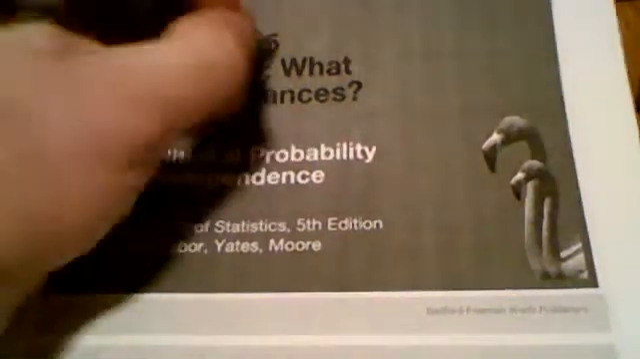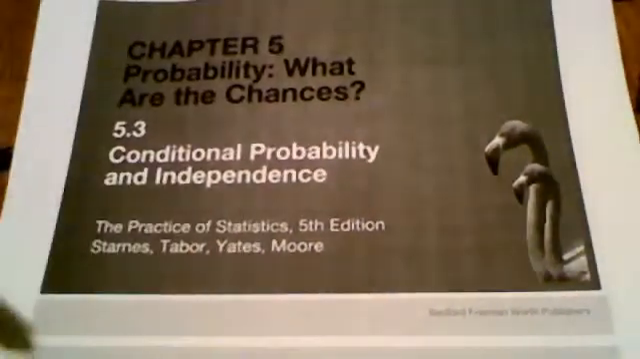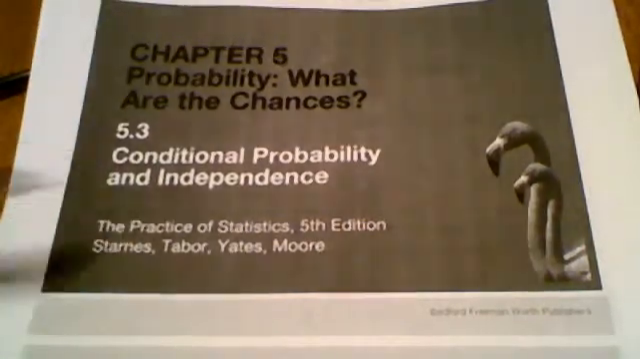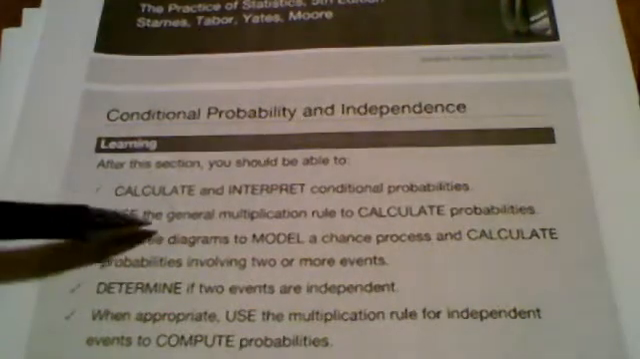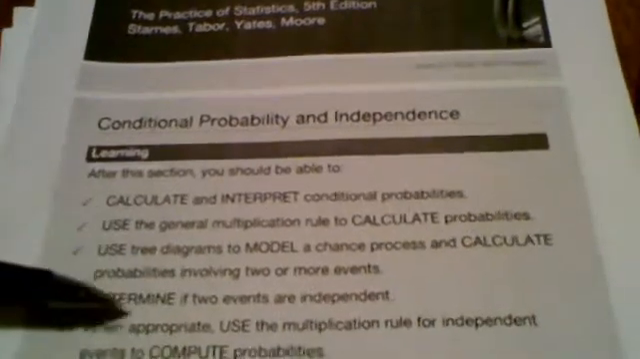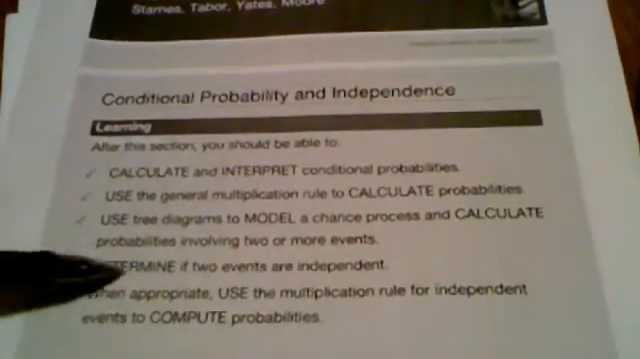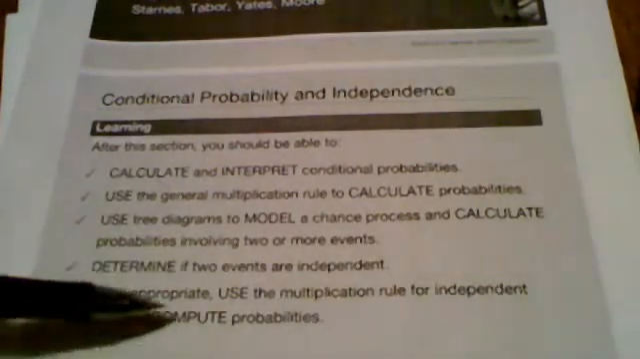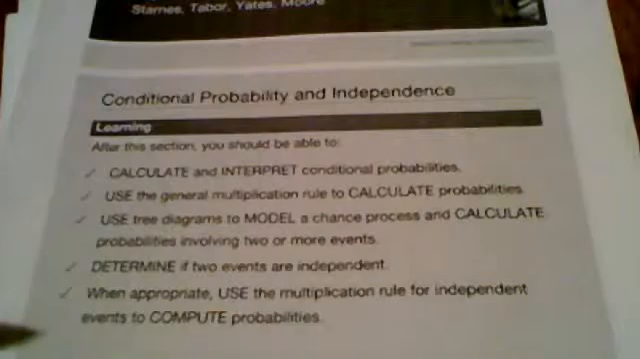Okay, this is chapter 6, probability, and this specifically is conditional probability and independence. In this section you should be able to calculate and interpret conditional probabilities, use the general multiplication rule, use tree diagrams, and determine if two events are independent. We've talked about mutually exclusive, but independent is something different. And then when appropriate, we're going to use the multiplication rule for independent events. If you'll turn to the back,